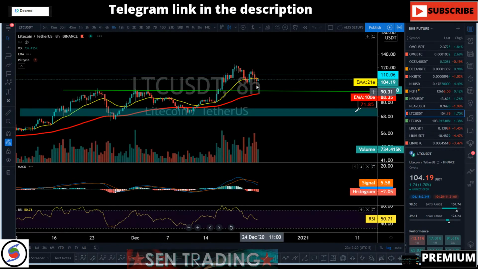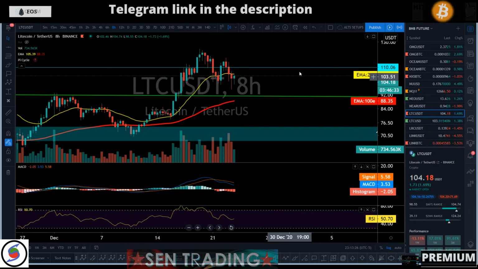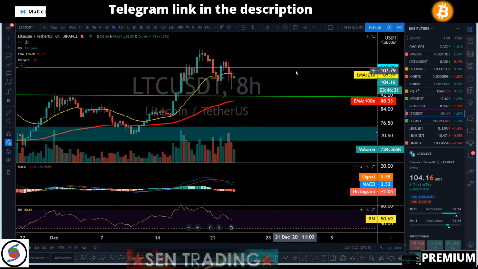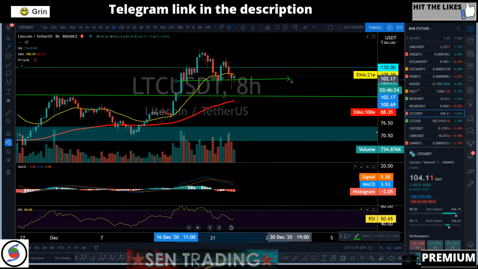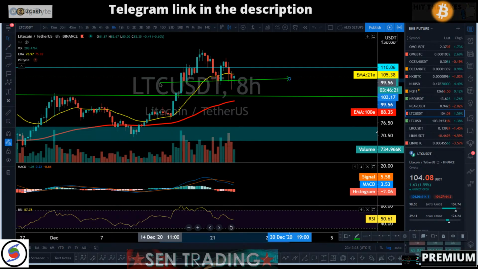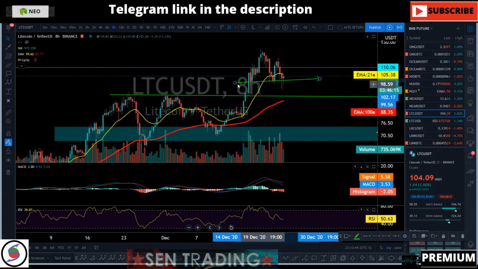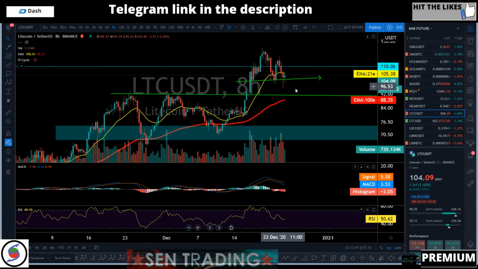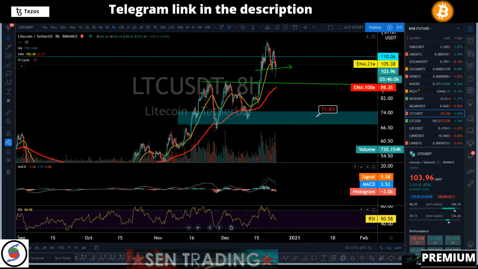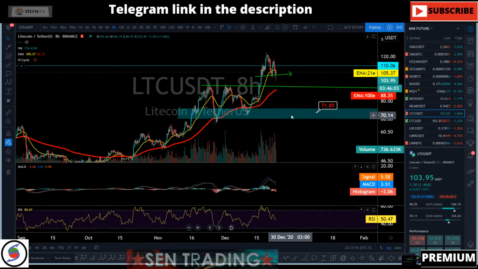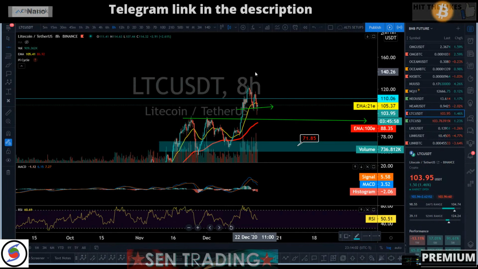On the 8-hour we did cross bearish right here. So let's see how BTC is going to be playing out over the next few hours, and we're going to see if Litecoin is going to be breaking out below this support area of 105 to 95. It is a very strong support area, so let's see. But the support level to look for to the downside is going to be just about 71, right? Low 70s, temporary support. Upside target for Litecoin hasn't changed yet to the upside: 137, right?